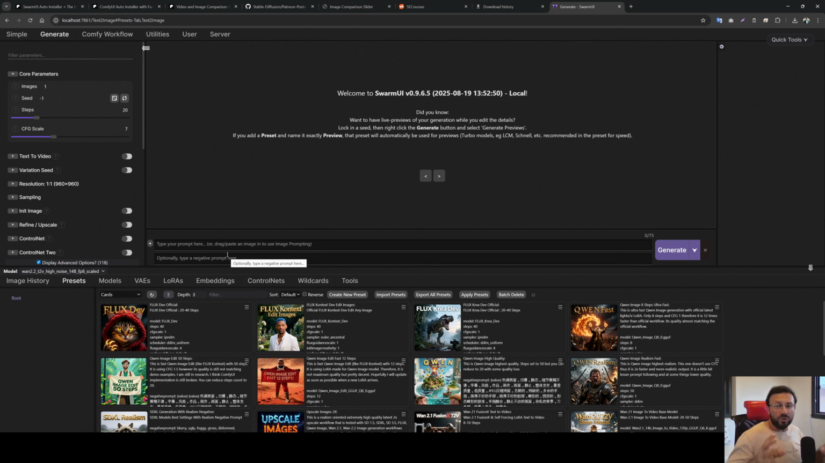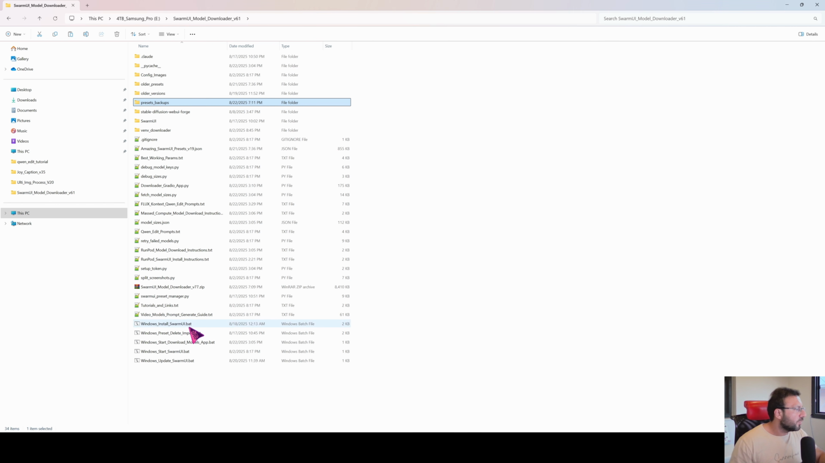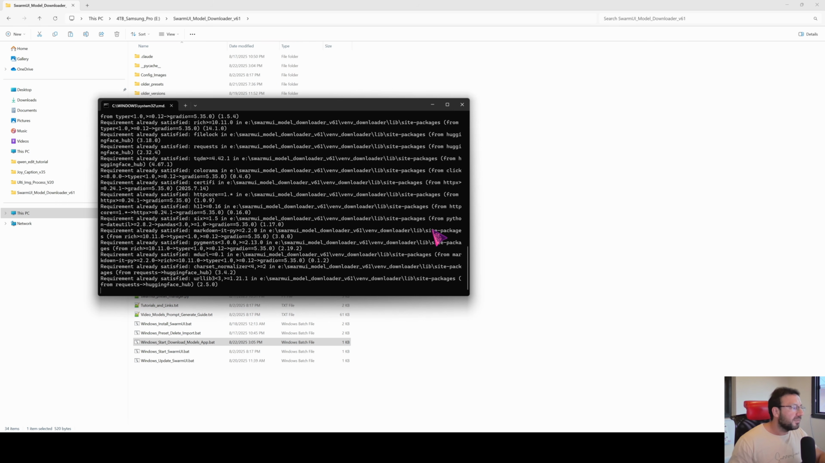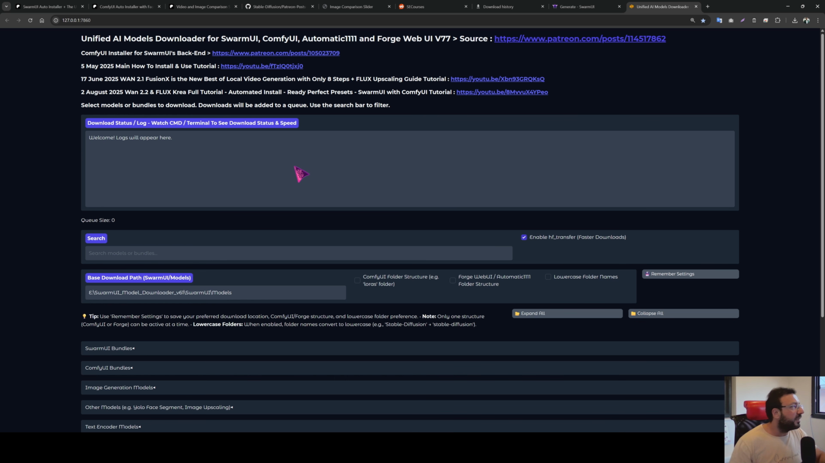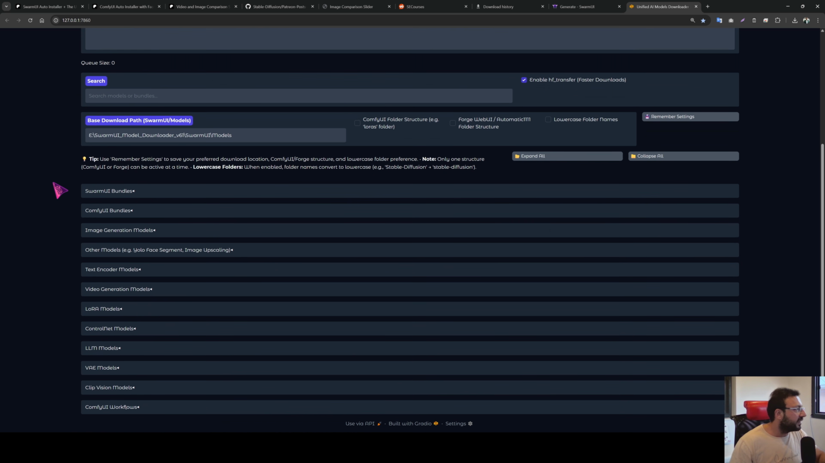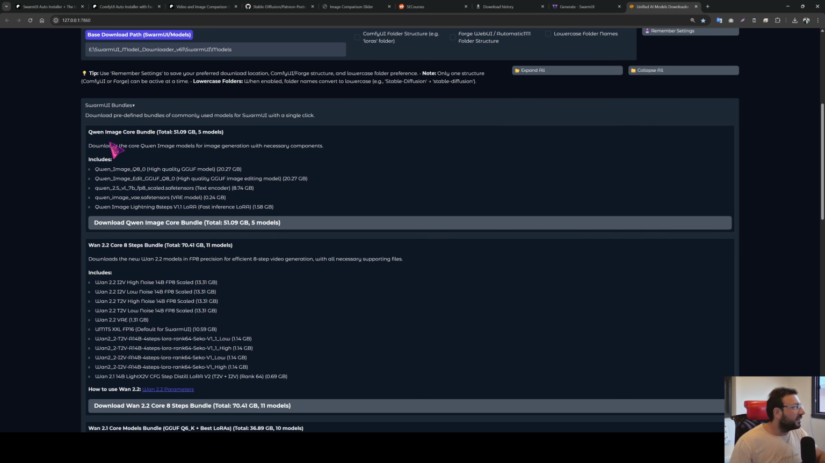Now you need to also download models because people are having problems here. To download the models, we have the Windows Start Download Models App .bat file, run it. It will start the latest version of our downloader. You see currently version 77. What you need to download is Qwen Image Core Bundle. So just download this and you will be ready to use the Qwen Image Edit model. It is going to download this